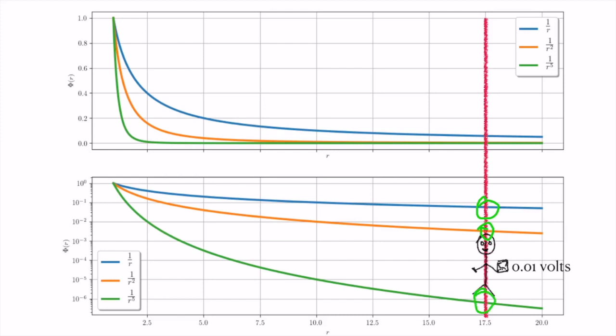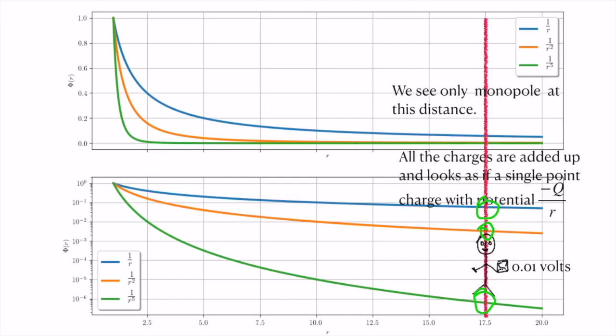So when you are very far off from the source, you can see only the monopole. If you look at the expression, it is the integral over the density, and that gives you the total charge inside the region. Then the system behaves like a single point charge, and the potential falls off as 1 by r, the regular Coulomb potential.